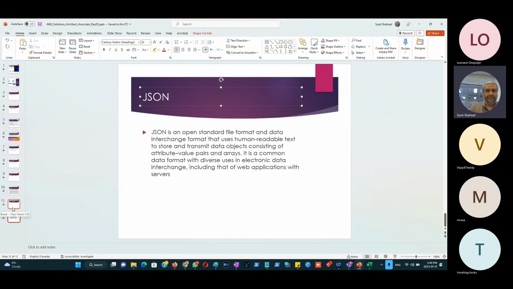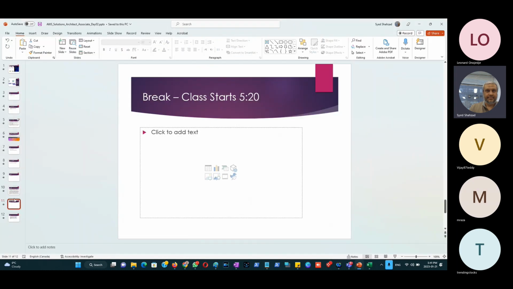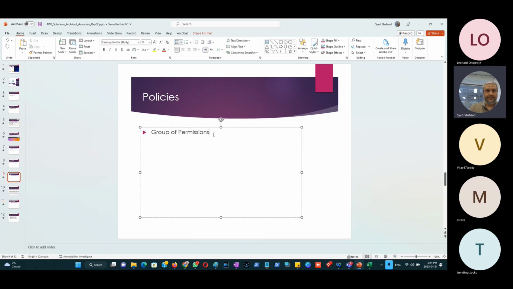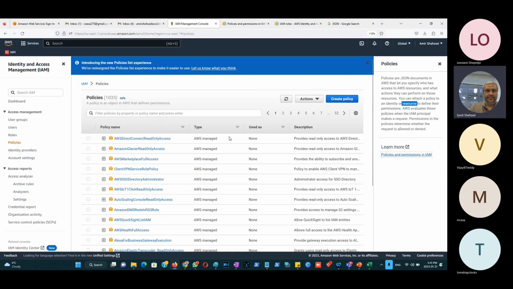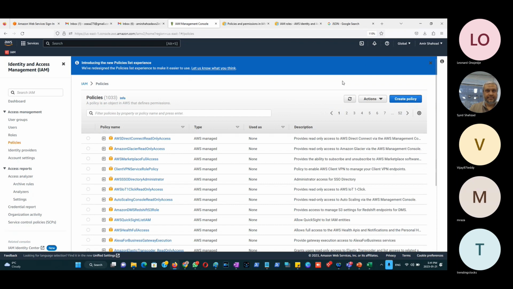But I'll show you now about policy that is custom policy, which really explains policy more in depth than what we have discussed. So if I go back here, now policy, yes, we attached with the users,